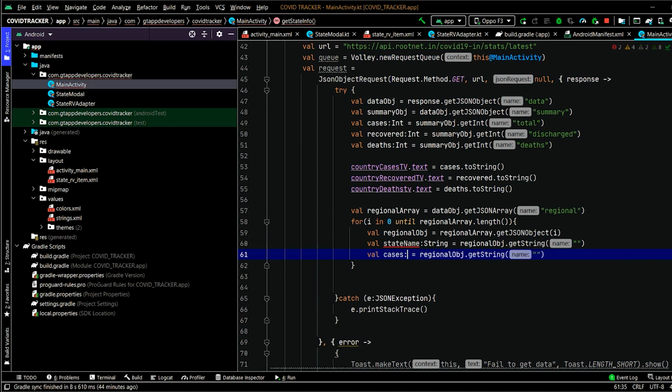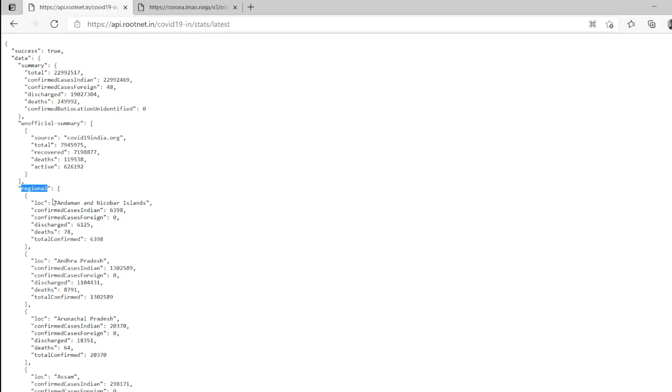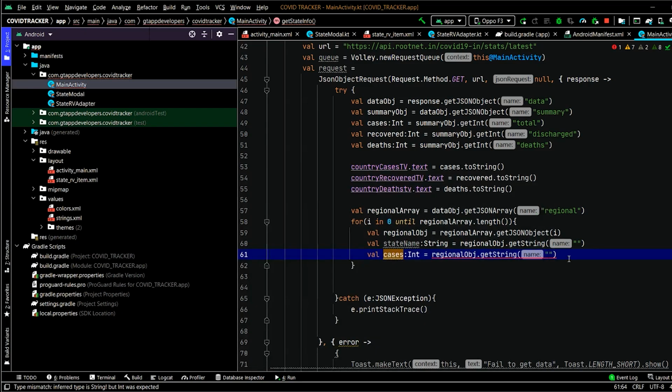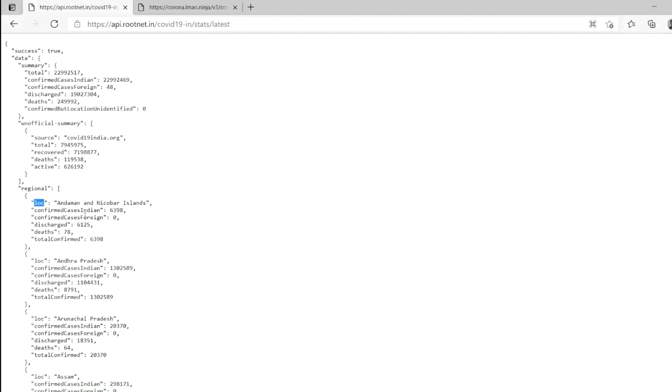We will specify data type as int. Here we will specify the key. So for the state name, the key is loc, and for the cases it is total confirmed. So we will specify the key first of all for our state name, then for our total confirmed,